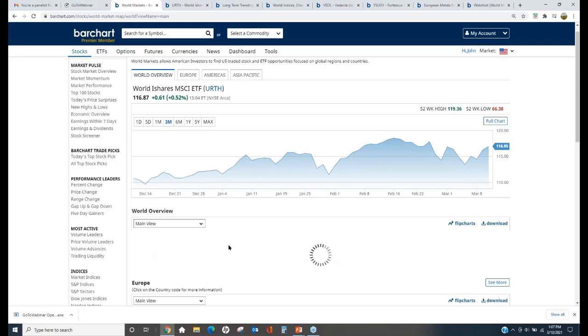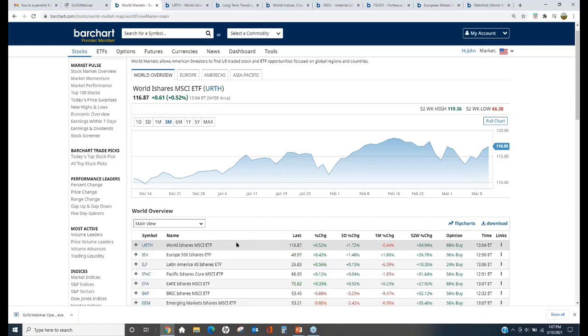The nice thing about the main view is, and we're going to go a little bit deeper into this as we go through, you will always find our Barchart Opinion, which talks about strength and direction of trends, and also technical indicators that Barchart uses. But this top-down